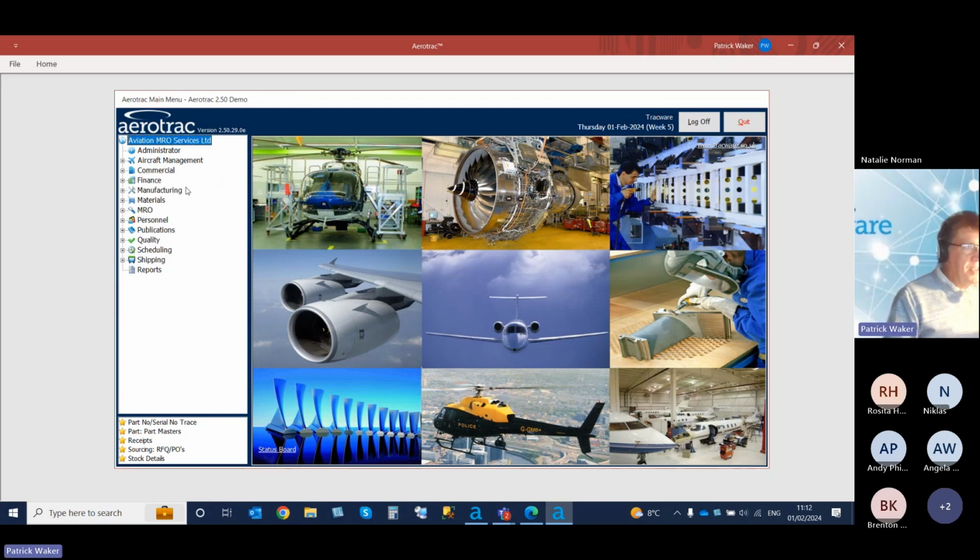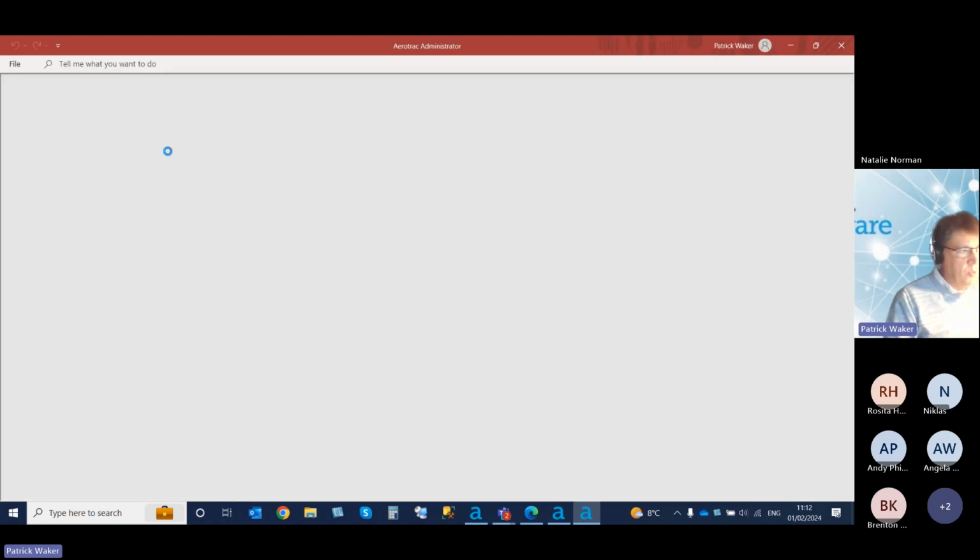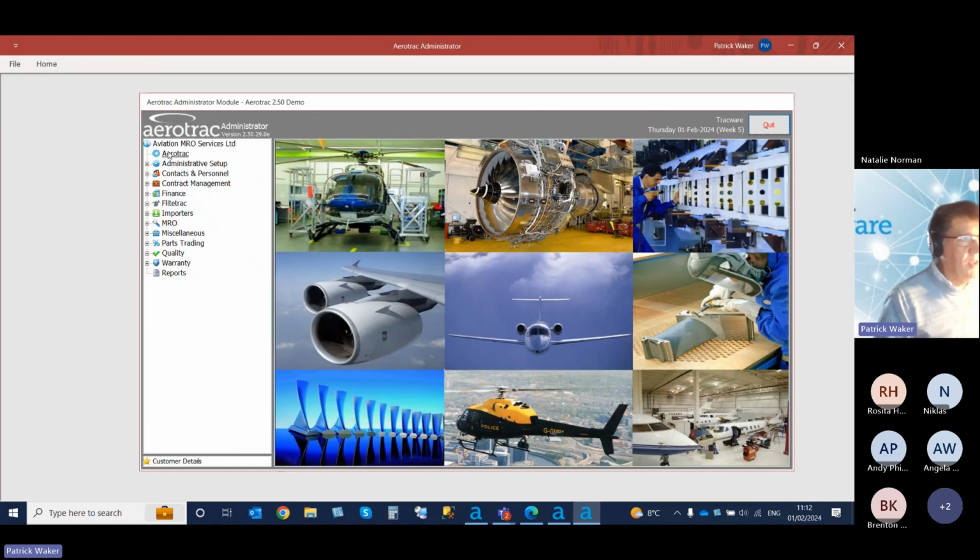In addition to this main application, so as you log in, this is the application that Aerotrac takes you to. But sat behind this is what we call the administrator module. So Aerotrac comes in 2 halves. Behind this, we have a separate administrator module. Not everybody has access to this, certainly not all of it. And in here are a whole bunch of different functions which are largely to do with setups and admin functions, basically. Some of the more esoteric roles, some of the more discrete roles, the functionality tends to be in here,